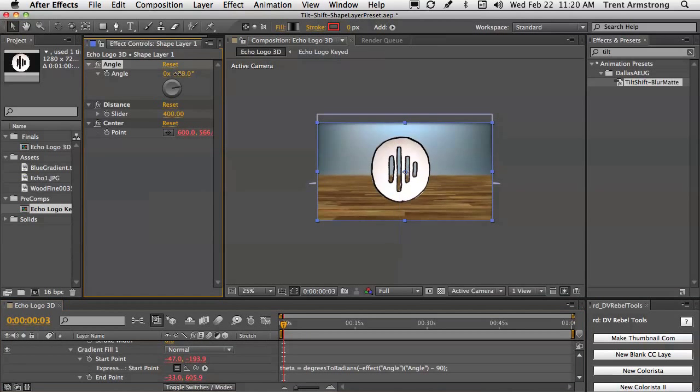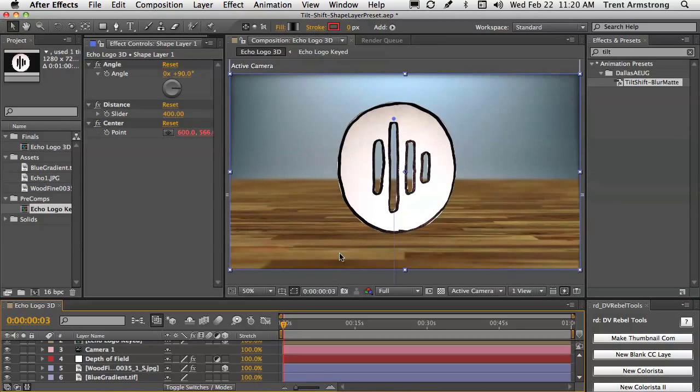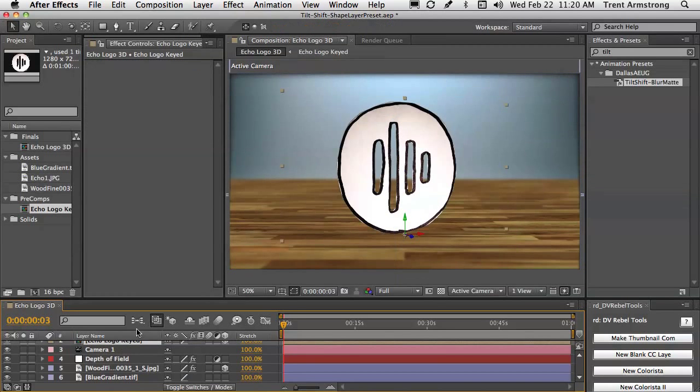My angle slider changes the positioning of those guys. I just want to keep it at probably 90. 0 is straight up and down. And then come back down here and zoom back in so we can see what's going on. It looks pretty good. In order to change the way this guy looks, we need a pre-comp so that we